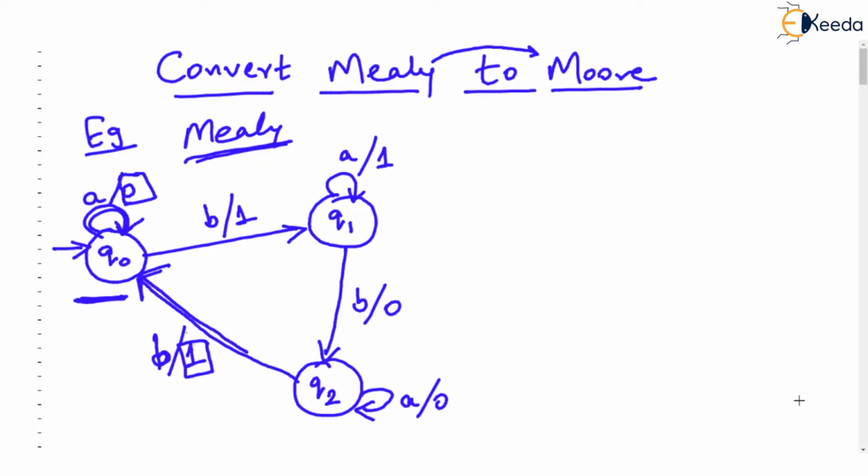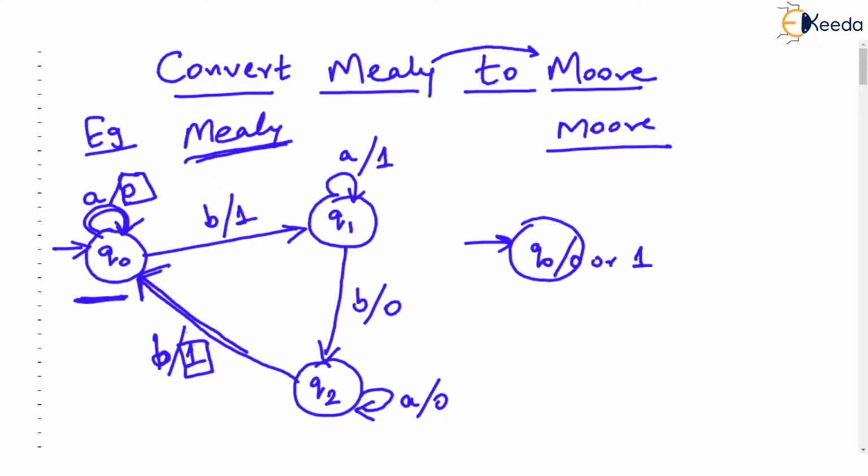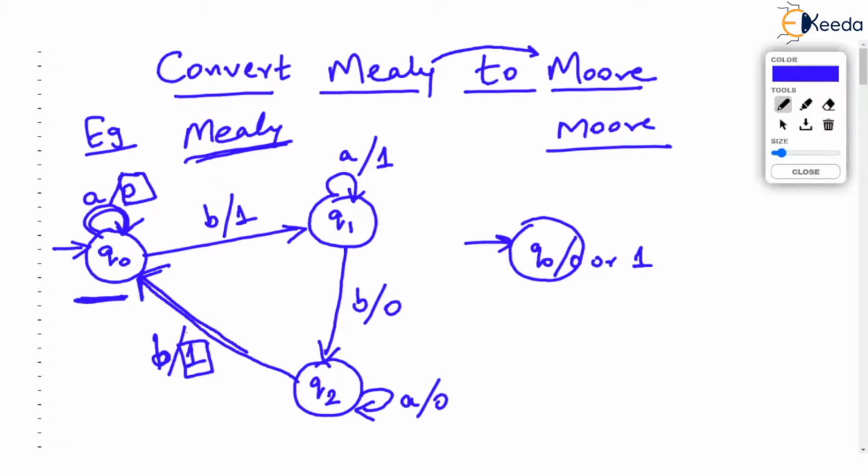Now the problem that will occur with Q0 state over here, if we want to draw a Moore machine, is that if we show Q0 state as a single state, we can't label this output as 0 or 1, because out of two incoming transitions to Q0, one has output 0 and another has output 1. So what we saw in the previous video is that such a state needs to be split. We need to split this state.